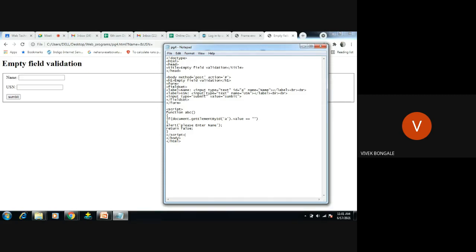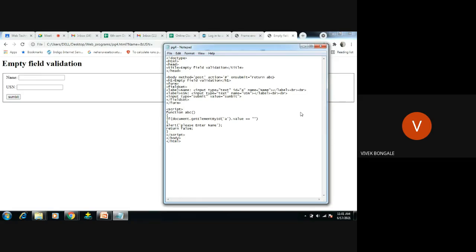For that, what we have to do here? Again, go to the body. As I said, we are going to use onsubmit, which is one of the properties we use in form events. There we have seen onfocus. On submit means this function will check again; it will reload first and it will check. On submit.